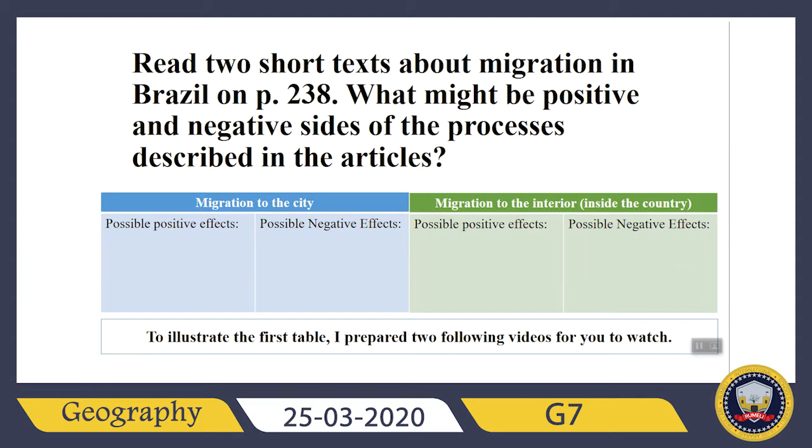Our next part is migration. We have 2 texts on the same page, 238. Read 2 short texts about migration in Brazil and answer 1 question. What might be positive and negative sides of the processes described in these articles? Okay, so first of all, again, you will fill it as a table. This time I'm not asking you to find the exact answers in the book. I'm asking you to think what might be